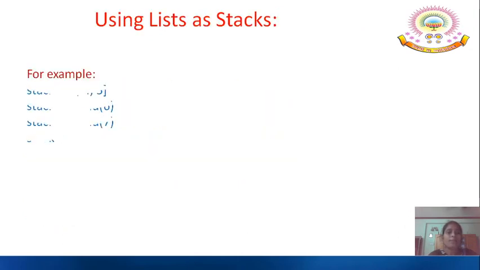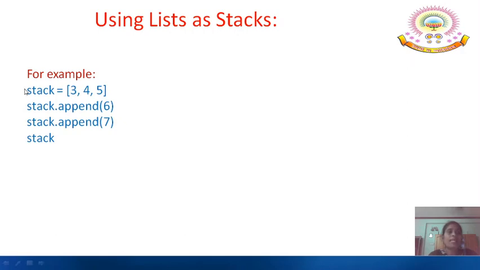For example, here stack is the name of the list and it contains 3, 4, 5 as list items. You have appended 6, that means after 5, 6 will be added, and you have appended 7, after 6, 7 will be added. If you try to print the values of stack, it will give 3, 4, 5, 6 and 7.